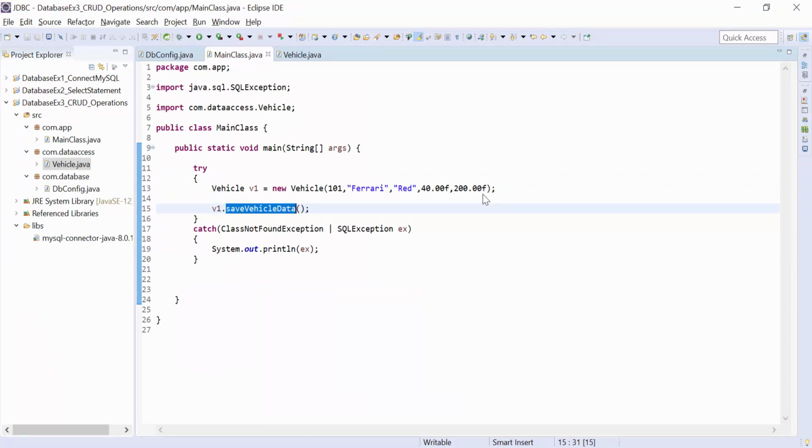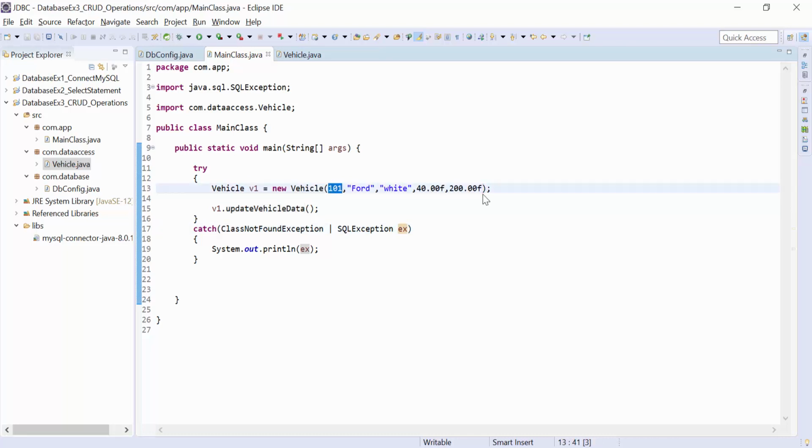I want to update the database, and to perform the update operation we need to make some changes here. This is 101, same, but the car name I want Ford, color I want white, and this data remains the same. Instead of save, we write update vehicle data. Okay, the same object, update vehicle data.